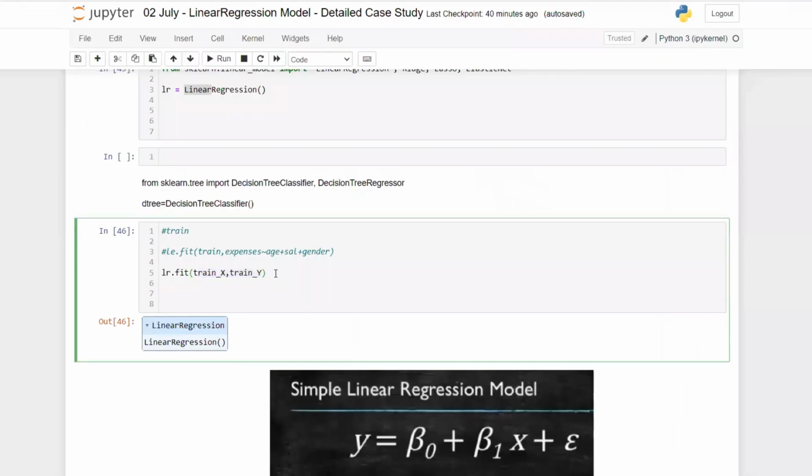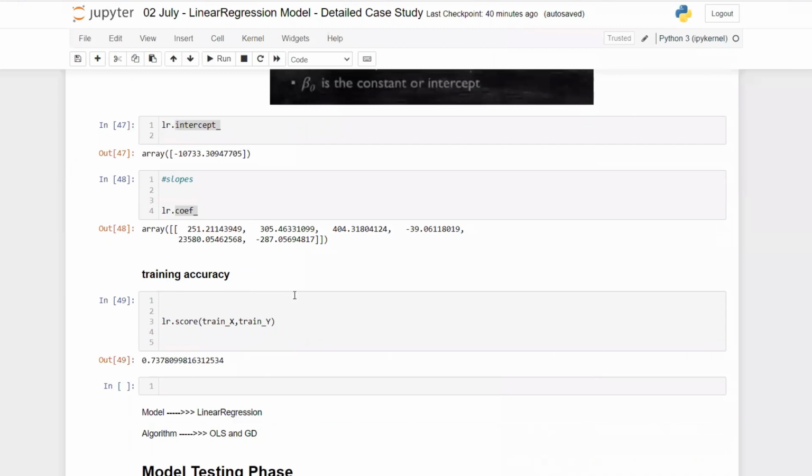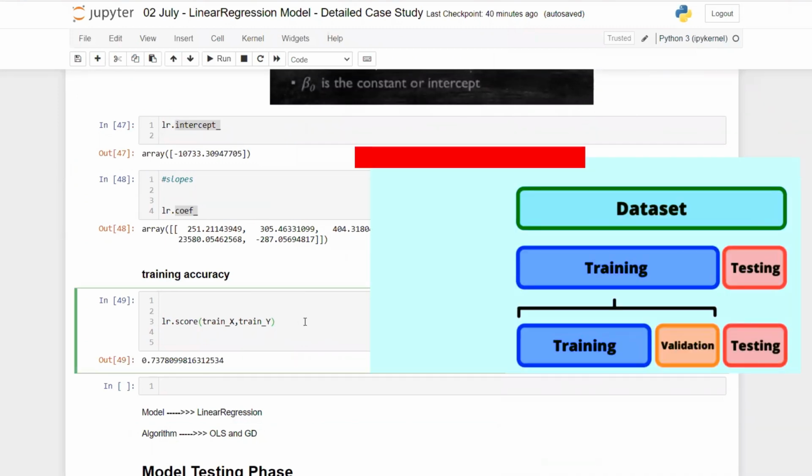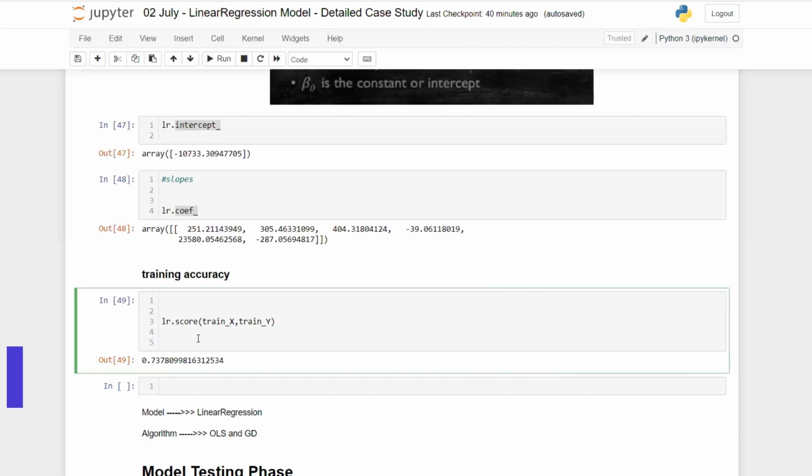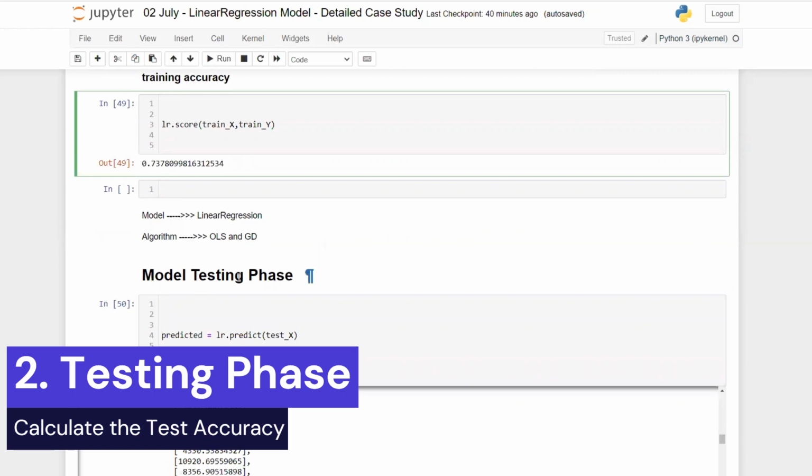So first of all, you guys should be very clear that during the training phase, the model also generates something known as training accuracy, but it will use the validation set for that. And that validation set is nothing but a part of the original training data itself. And on that, the model is giving you this training accuracy. By this, what we are going to know is that when the model is trained, it is having 73% accuracy. Okay. But now we will go into the second phase of the process, which is the testing phase,